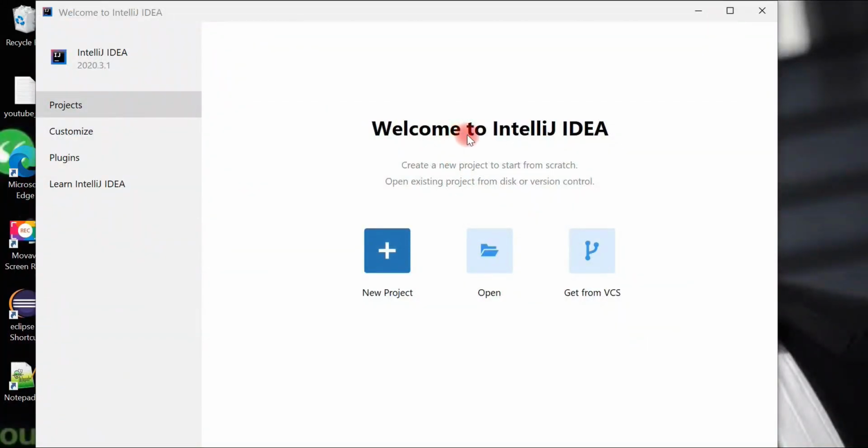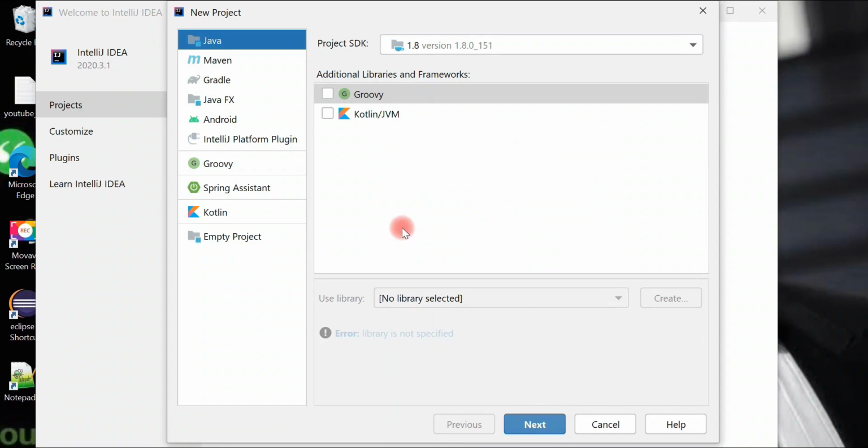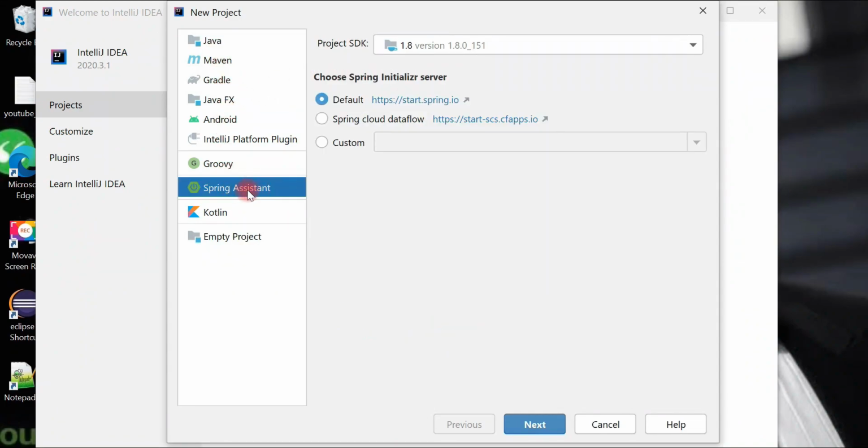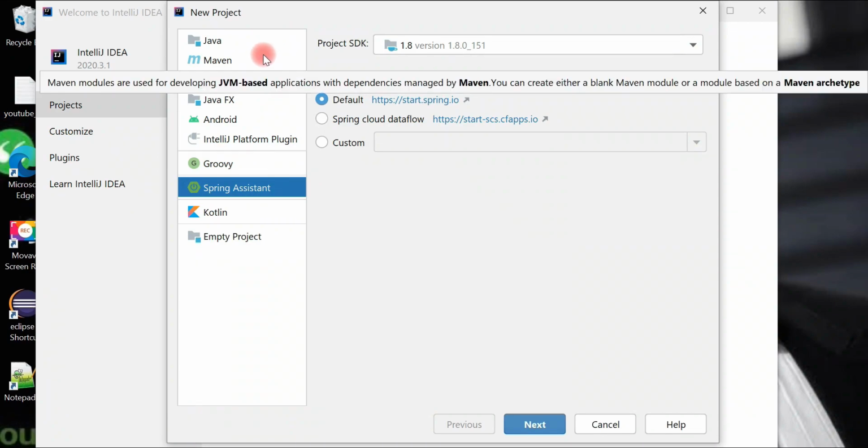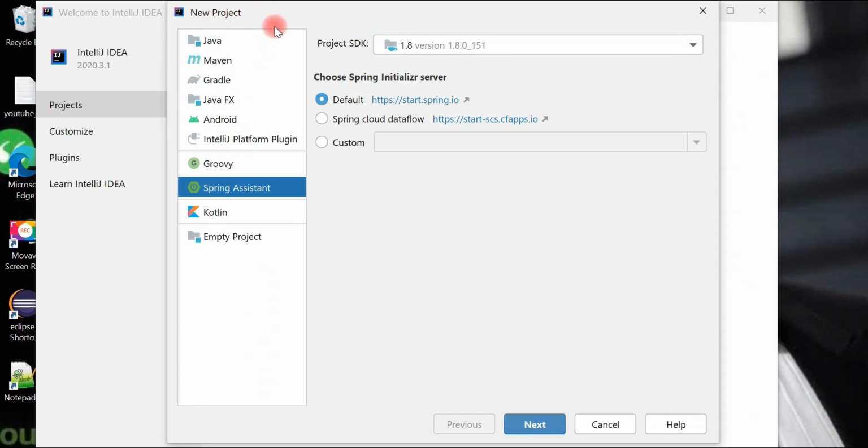Alright, once we restart IntelliJ IDEA, click on new project here and look at here, Spring Assistant. Once you successfully install the plugin in IntelliJ IDEA, you can see this option Spring Assistant, and if you click on this Spring Assistant, here you can see the Spring Initializr integrated website.